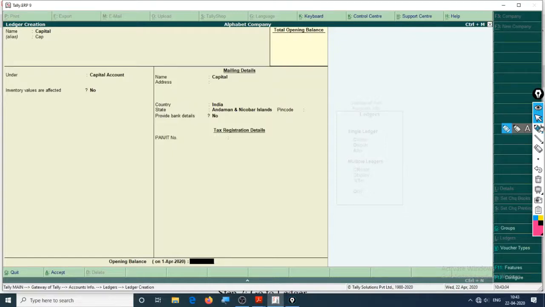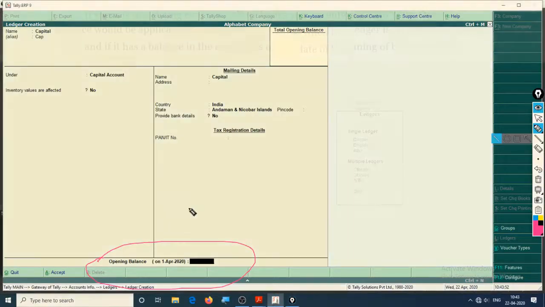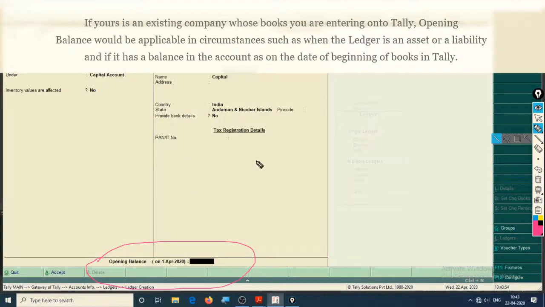And this right here is the opening balance. So just for example, suppose you have a business which you started in the year 2006, but you moved to Tally accounts in the year 2020.